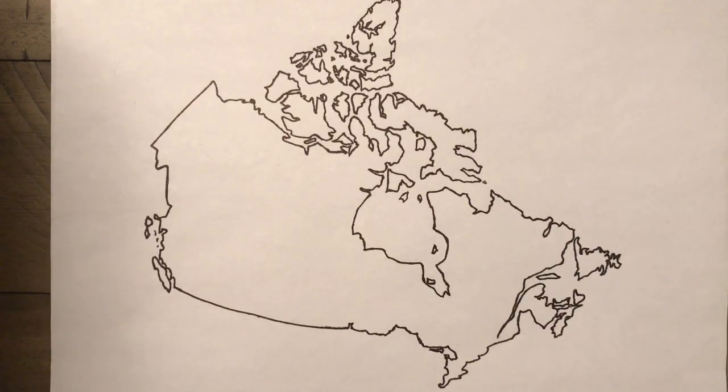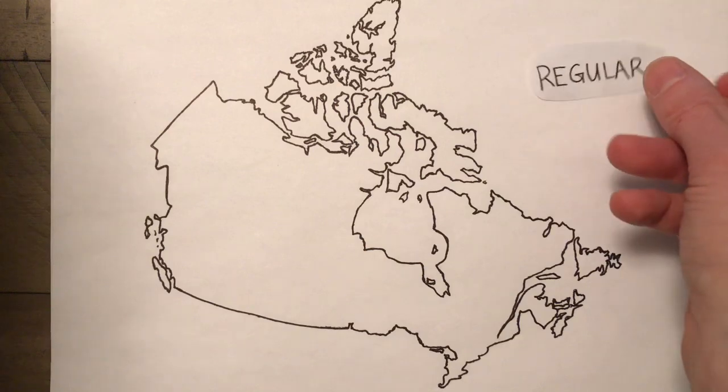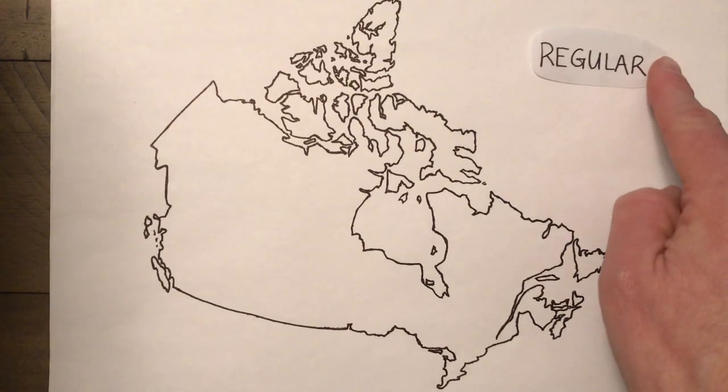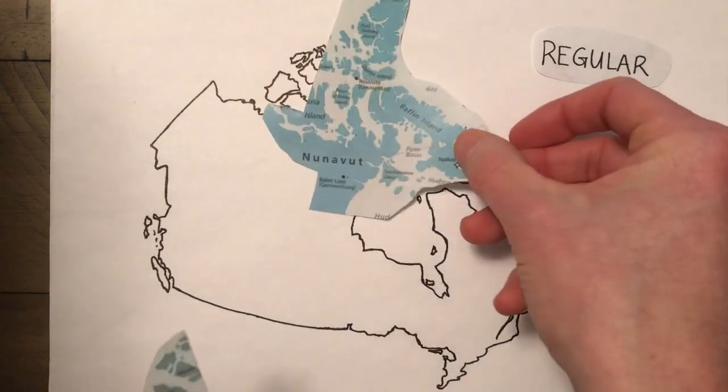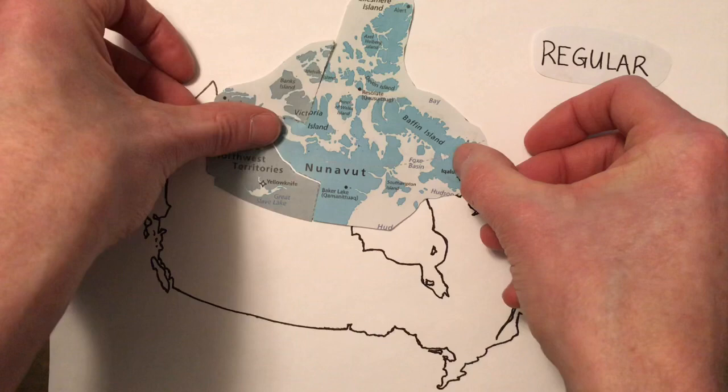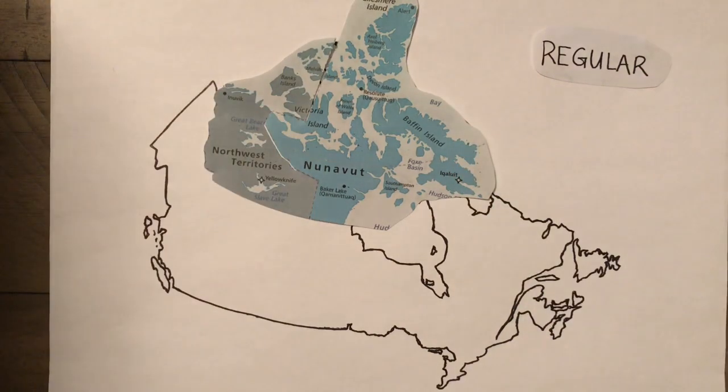The first type of programming we need to consider is called regular programming. This type of programming encompasses the majority of the students we teach. Regular programming means students are following the regular curriculum, which is represented here by the map of Canada. Now, as we know, a curriculum is made up of many learning outcomes, which will be represented by the various